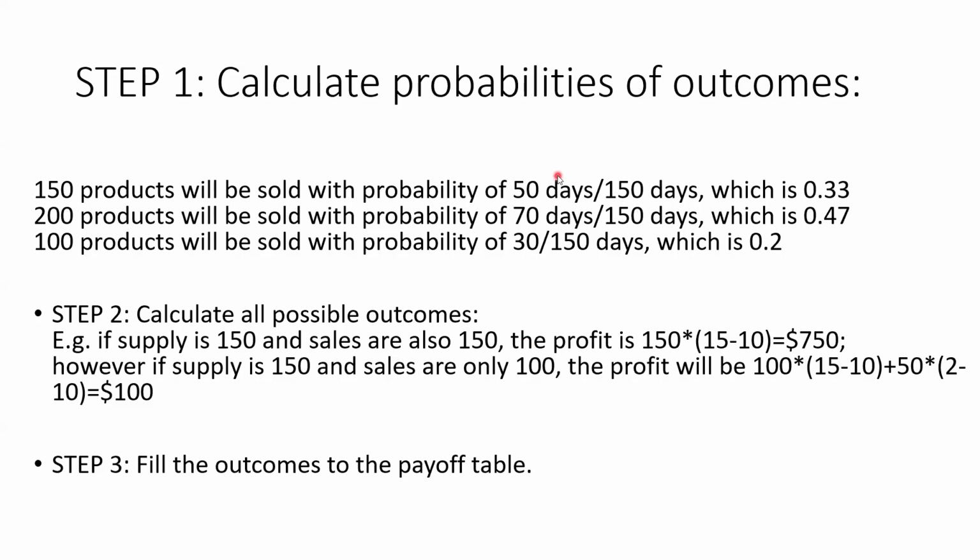After calculating the probabilities, we are going to calculate the possible outcomes, right? So as an example, first, we are going to sell 150 products. So the profit per product is 5. That is 15 minus 10. Then when we calculate with the number of products, we are getting the profit as